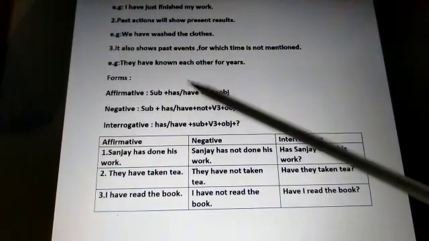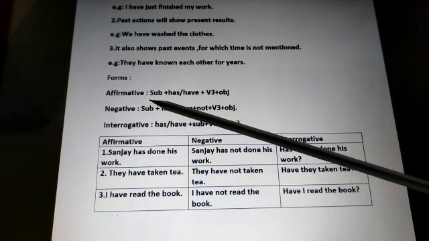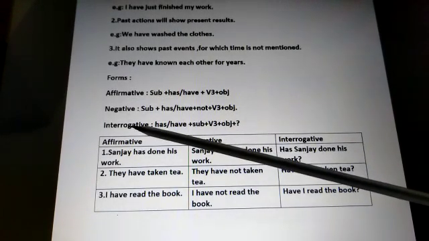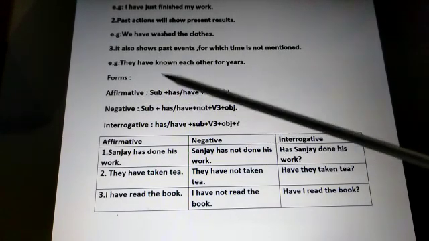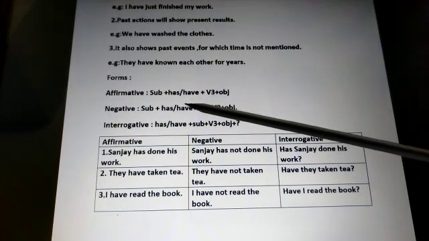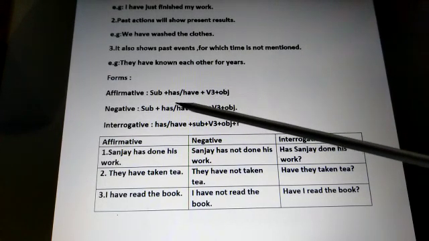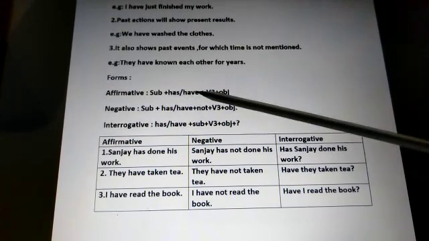So till now you are very much aware of the forms. In every tense which we have been doing, we have been using these forms: affirmative, negative and interrogative. So let's know the rules of the first, affirmative. The first basic thing which you need to know is that has, have are the auxiliary verbs or the helping verbs which has to be used here in present perfect tense.